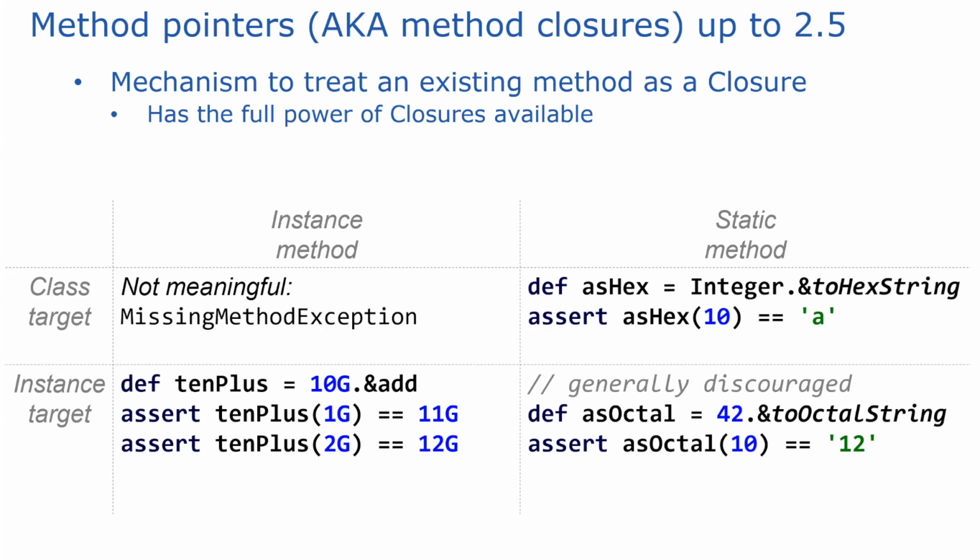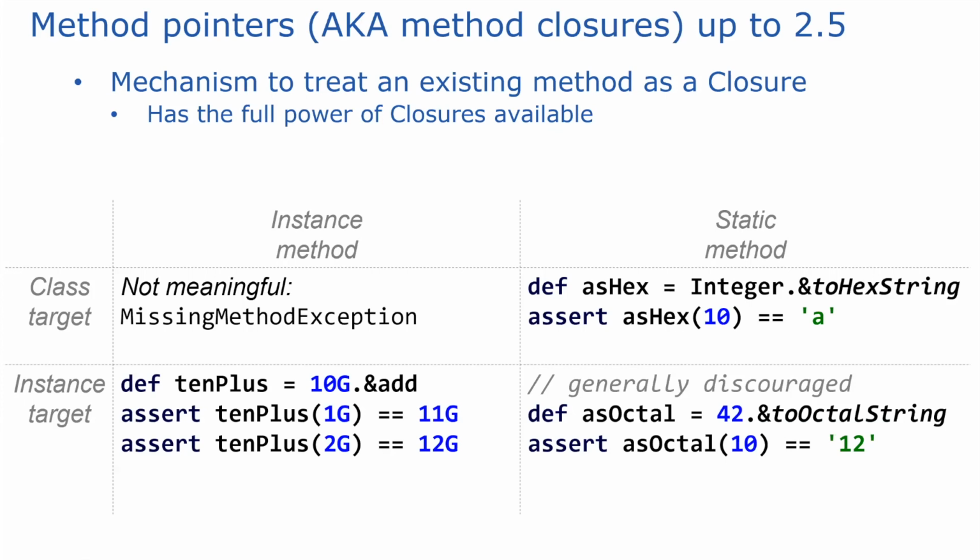And I can use that as if it was a closure. So I can now call the asHex method, pass in 10, and it'll return the hex digit for 10, which will be A. And I could pass that around anywhere where I'd expect a closure. So that's all good. I could do that for static methods and for instance methods, for instance target,